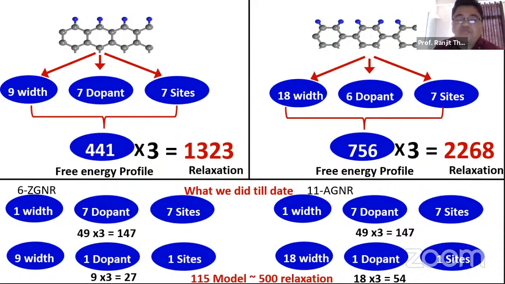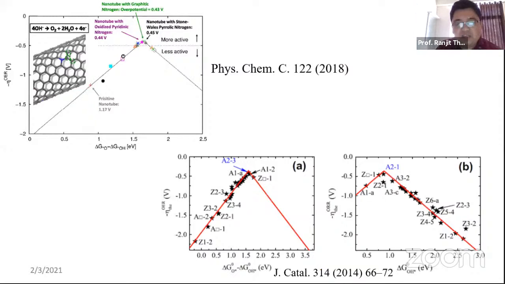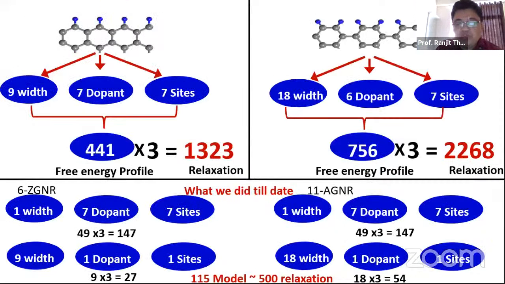So this is just 2 types of graphene structure. I can tell you how many calculations we have to do to predict which is the best catalytic center, which is the best catalytic site or structure. But what we have done is only 115 model structures, of course 500 relaxations, and then we predicted using our analytical equations, and also machine learning predictive model equations. And then we have shown that we don't have to do the DFT calculation to predict that, and the accuracy is really good.